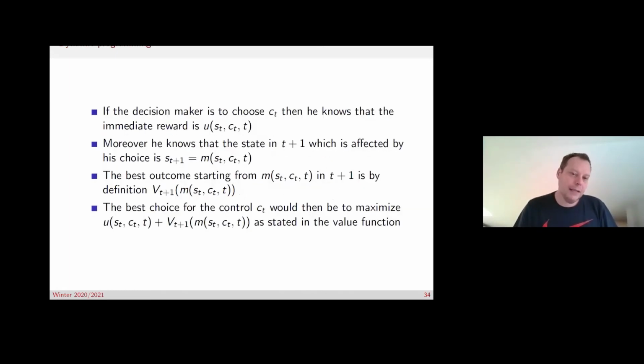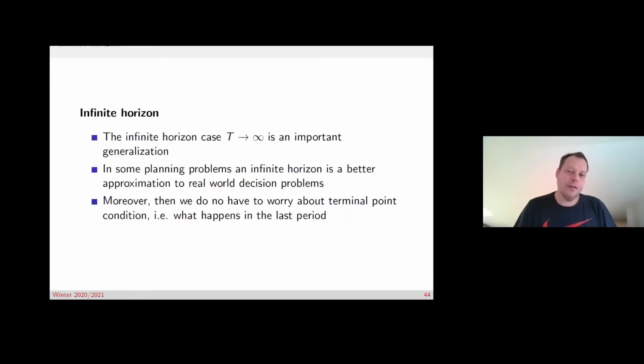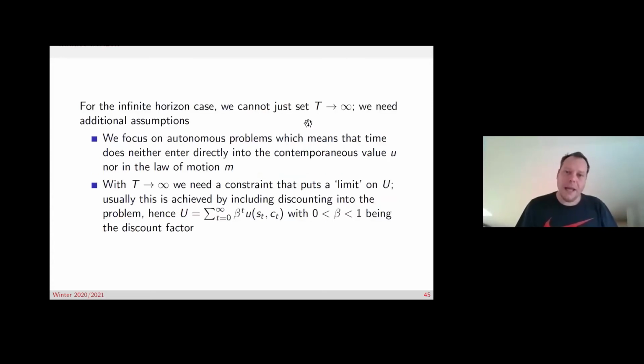So what you need is an adjustment of your objective function. I just wanted to say value function, but this is not really true, so the objective function. If we look at those problems, and this is the second bullet point, please just focus for the moment on the second bullet point, and we come to the first bullet point in a second. We want to make sure that we have some limit on the sum of the contemporaneous values.